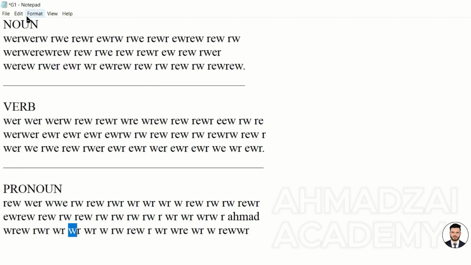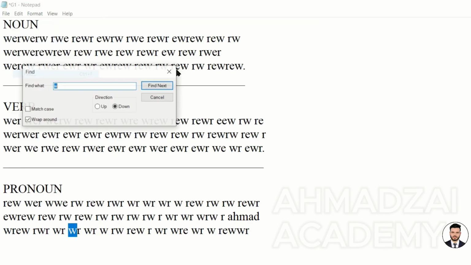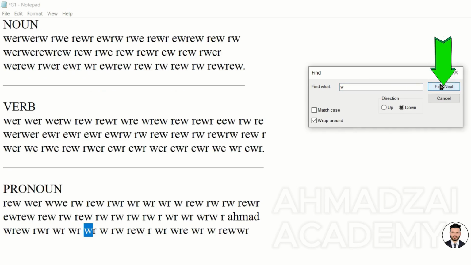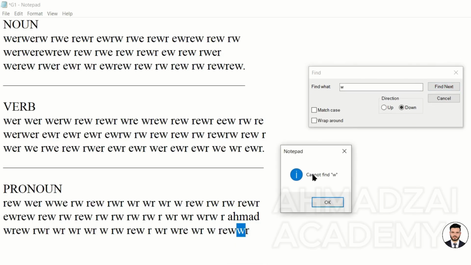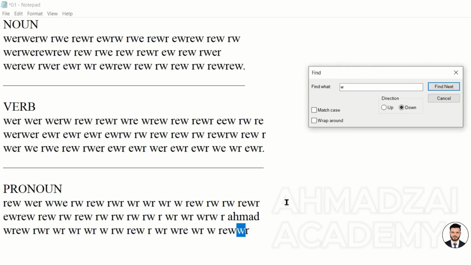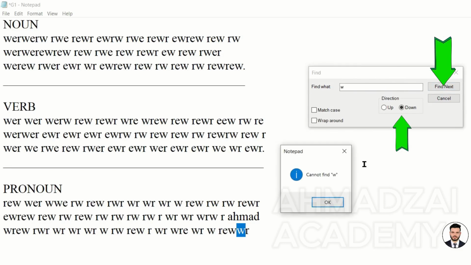There's another thing, when it reaches the end. For example, we say find next, find next, find next, find next, after this last W. Since we told it to go downward, what does it do for us? It gives us a warning here. Whenever you click on it, it says cannot find anymore W. It says there are no more W's. The point is, there are no more W's going downward. So what else can we select? Up, if you want to go upward. If we select down, when you go down and reach the end, it gives a warning.